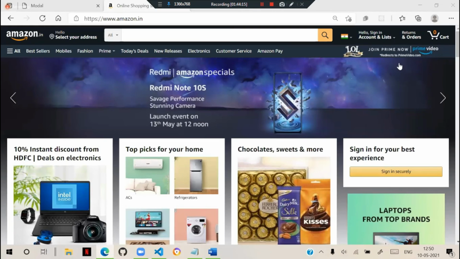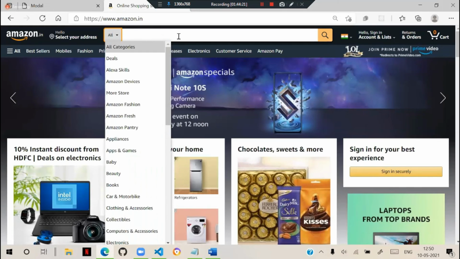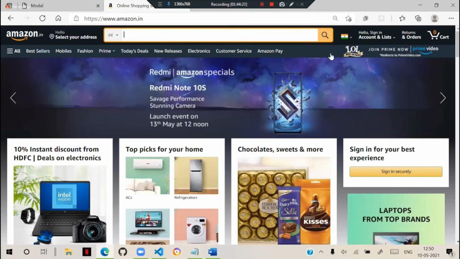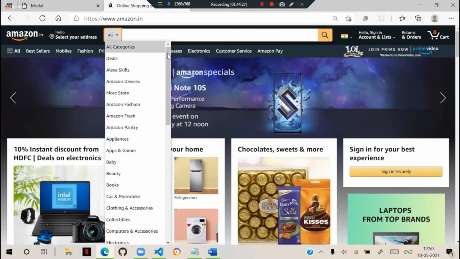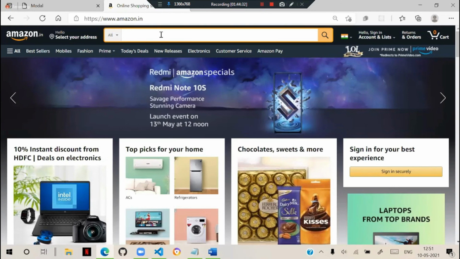Okay. Now you see here in this, we have this category, we have this text box, we have this search button, right? Now, with these kinds of forms, many people who don't know the technique ask, sir, how to put a search button inside a text box?